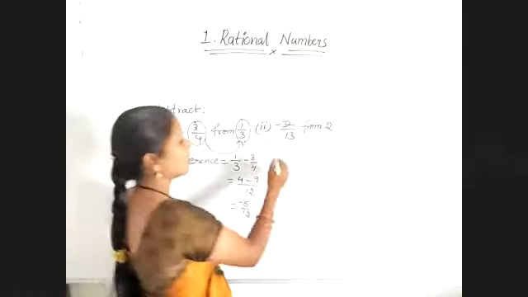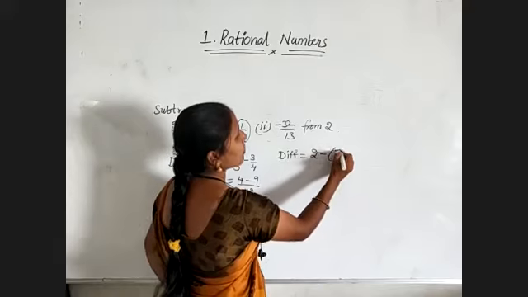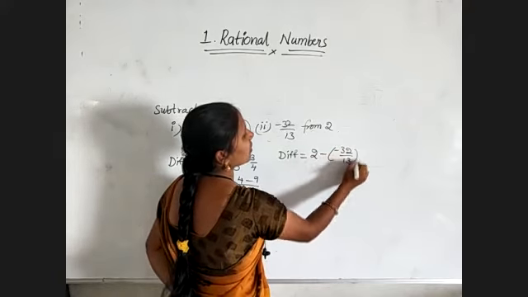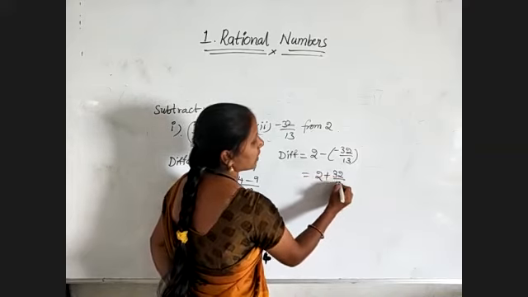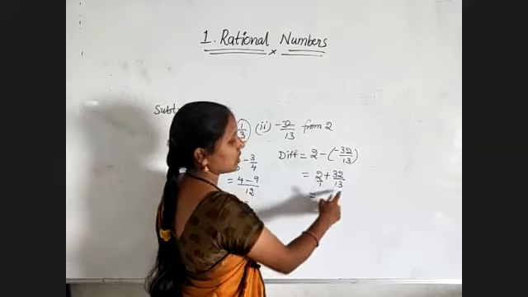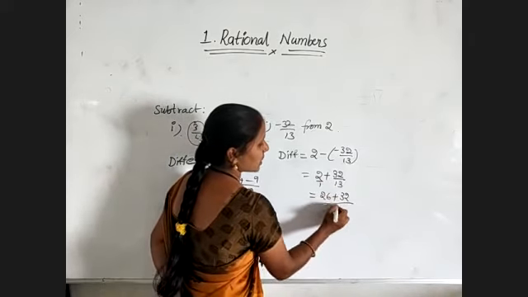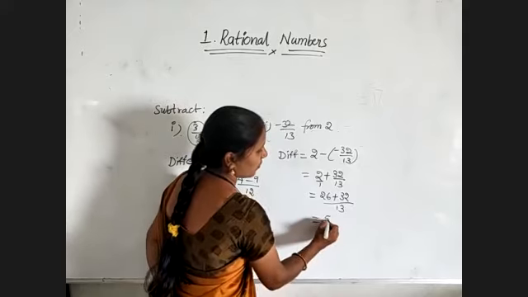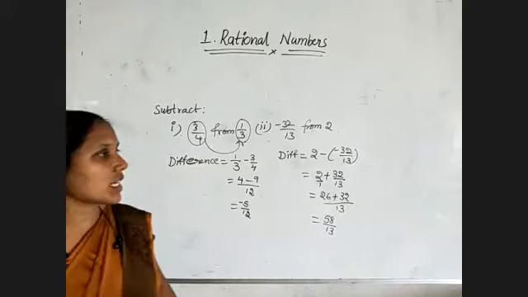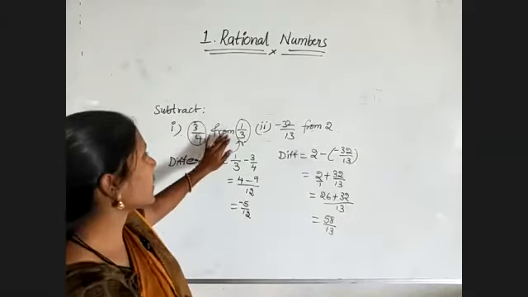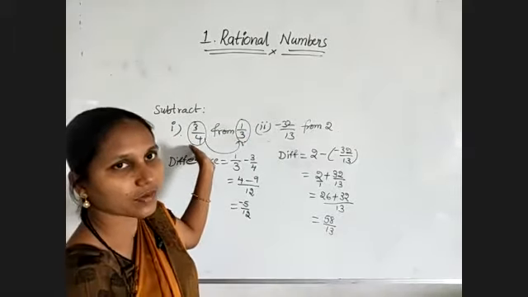Now coming to this one. So the required difference is equal to 2 minus of minus 32/13, which is equal to 2 minus of minus will become plus 32/13. Go for cross multiplication. 13 twos are 26. 1 into 32, 32, by 13 ones are 13. So which is equal to 58/13. So in this way we have to simplify. Very simple. Whenever subtraction is given, if they are asking from, then take the second number first, then subtract the first one.